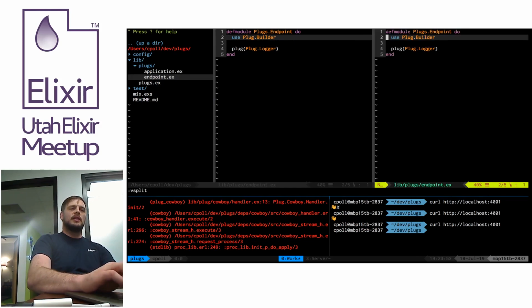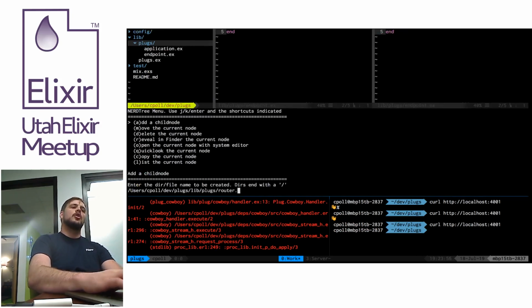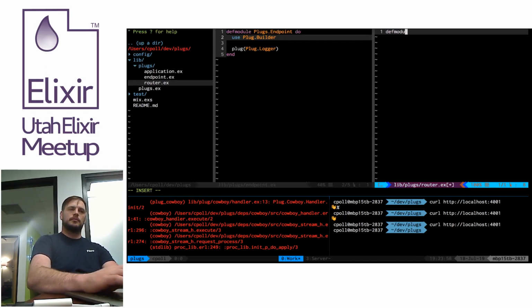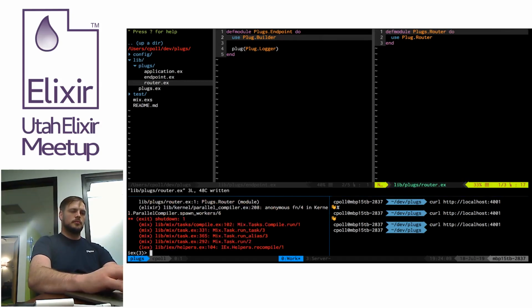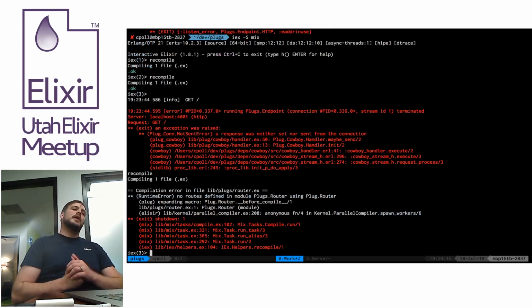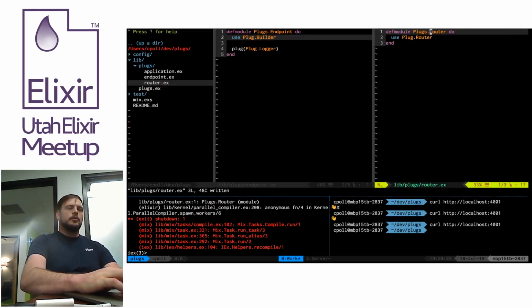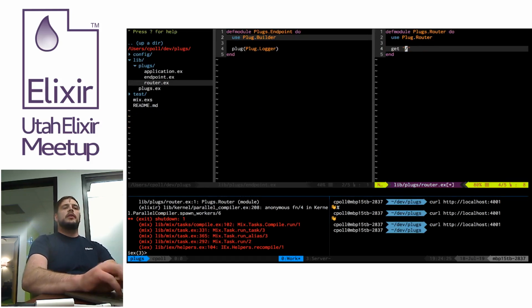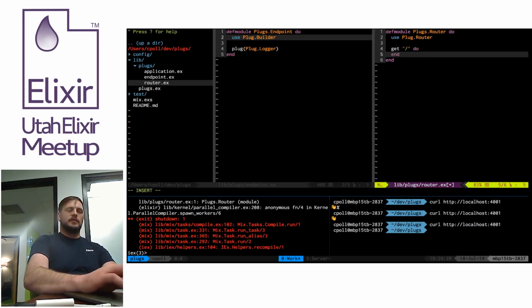So we're going to add a little extra something here and say we're going to create our router. So this is built into Plug as well, Plug.Router. Now when we did that, I recompiled and we get the error message that no routes were defined in our router. So we'll just say, whenever I get a GET request on my root level endpoint, send_resp conn,